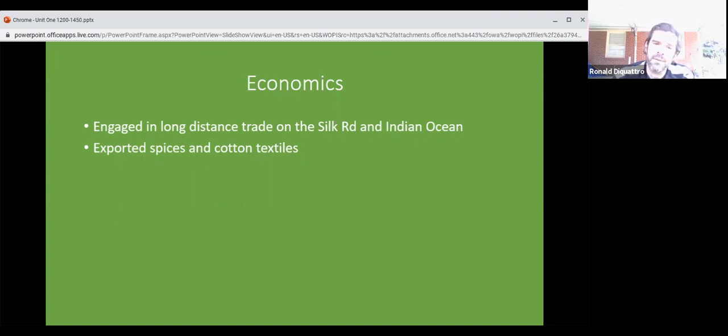And South Asia was the only group of people who had the ability to mass produce cotton because they had a special type of cotton at this point, and they made it a fine craft to weave it into these bright, beautiful, vibrant colors, and they shipped it everywhere. And the nice thing about a cotton textile is it's very light. So it's an expensive good, but it's a light good, and you can put a lot of worth in cotton textiles on the back of a camel or in a ship to take long distances. So these are the big things that they're exporting to other groups of people.